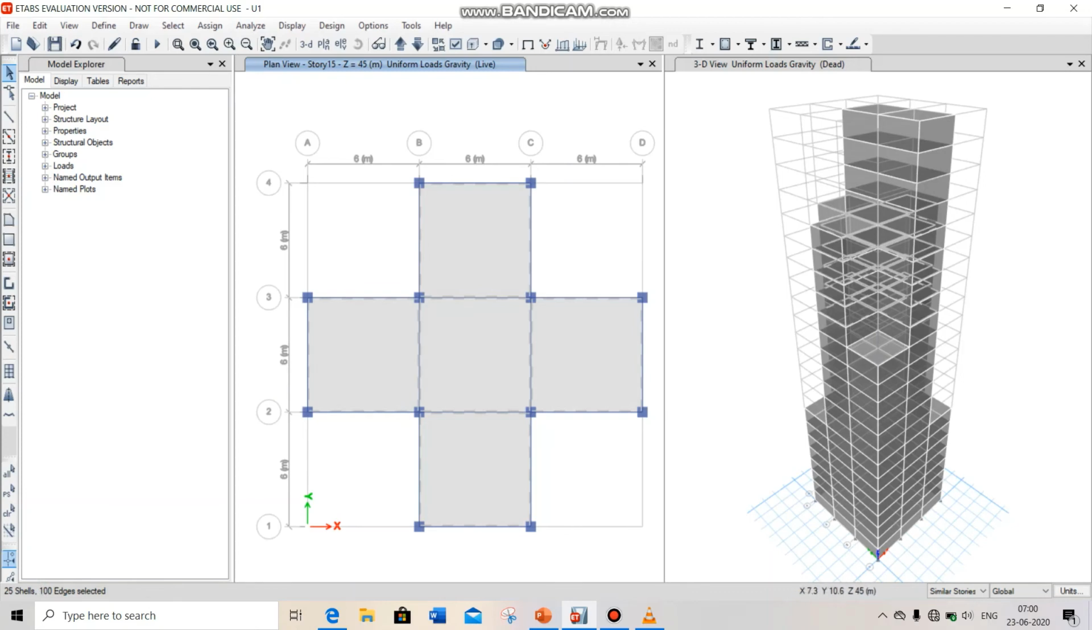You can confirm whether this story is 15 or not. Here at the top it's shown plan view story 15 and Z is 45 meter. That means this story is 15, and the height of one story is 3 meter, and 15 into 3 means 45 meter. So you can check here and make sure the similar story option is selected here in the right hand bottom corner,